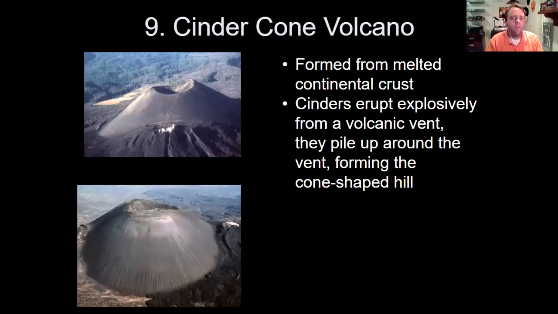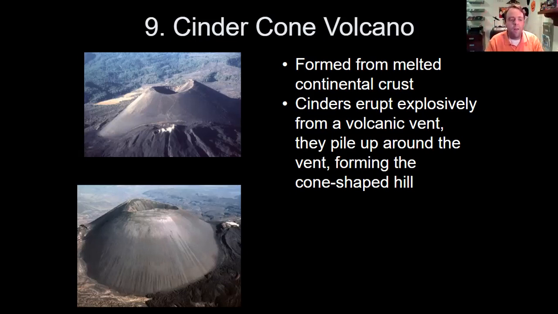Let's talk about cinder cone volcanoes. Cinder cones are really strange looking. These are real pictures. They are not fake. You can see why they're called cones. The cinders are actually pieces of volcanic material or debris, lava fragments, dust, let's just say ash, that pile up around a vent. So here we have magma that is higher in silica content. It's stickier. Gas pressure builds up and literally blows the magma apart, where it cools very rapidly and then piles